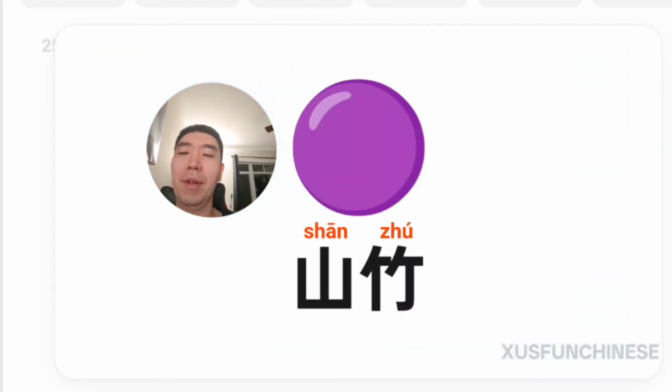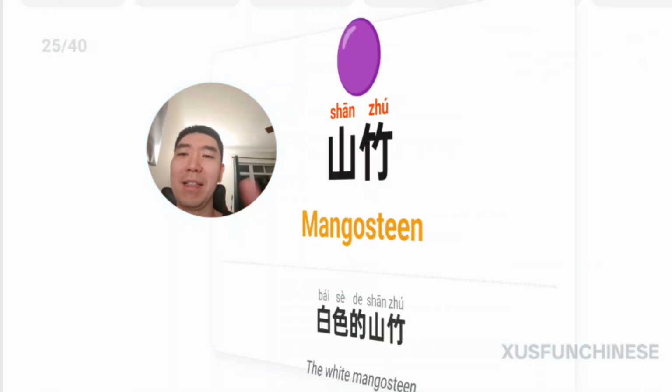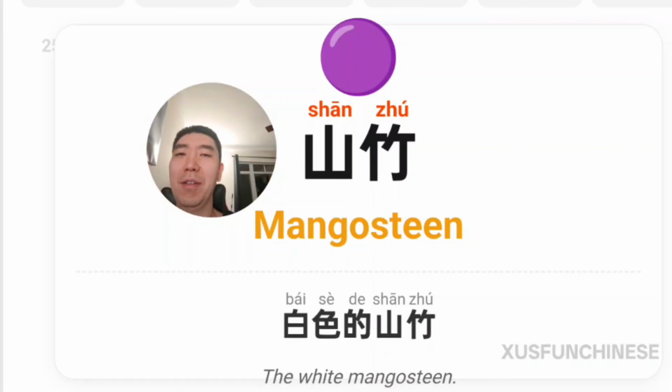山竹，wrong picture, but shanzhu is something I start to see in Costco and Whole Foods more and more often these days. 白色的山竹，so shanzhu is literally mountain bamboo. I think it's probably phonetic because the real fruit has nothing to do with bamboo, but it basically tastes just like a very plain, round-shaped,